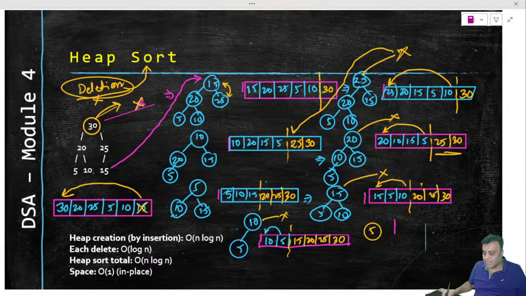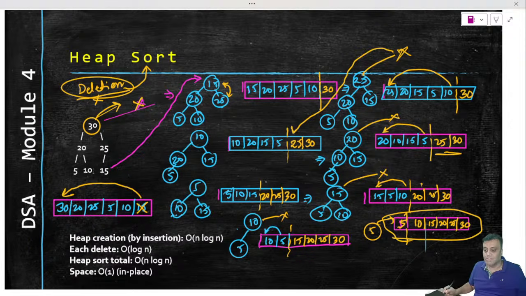At this layer, our array will look like this: 5 is here, and then we have the wasted portion of the array starting with 10, and then we have the older ones, which were 15, 20, 25, 30. And because 5 is here, 5 will replace itself if we delete it. So 5 will now occupy the wasted portion in the next stage. So now what you have here is the sorted array: 5, 10, 15, 20, 25, 30. So that's the entire process.